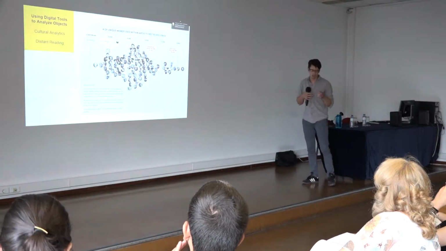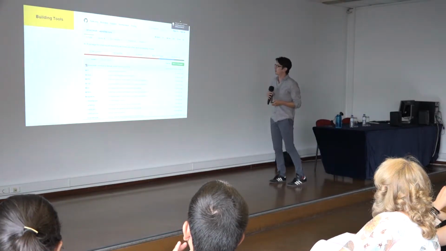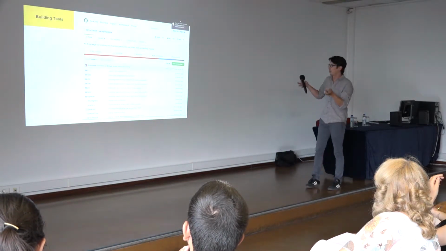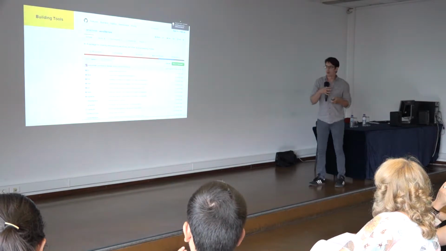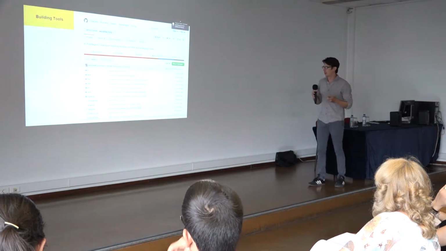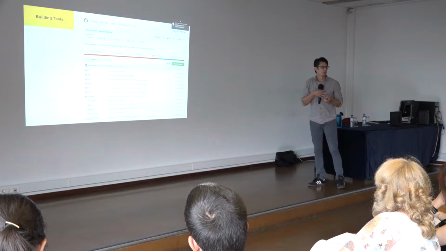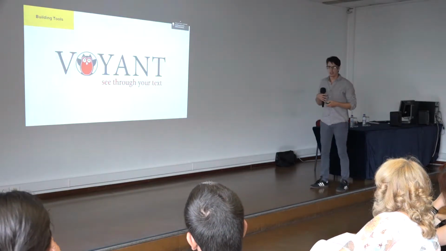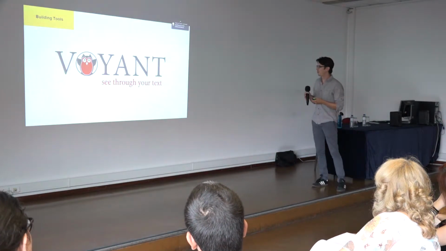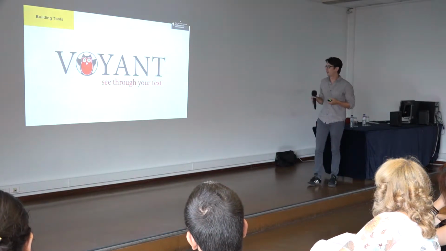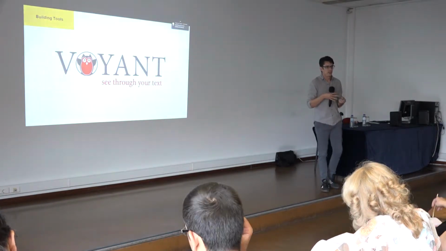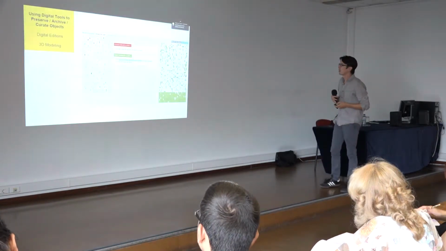So a popular example, building tools. There's not a lot of pretty pictures, but this is a package of software released by a guy named Ben Schmidt that just makes some computational processes available to humanities scholars. And some people in the class that I've been teaching are very excited about this tool, Voyant, which some scholars made and released, and it lets you analyze text in different ways.